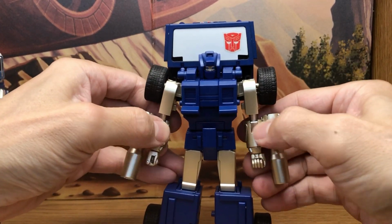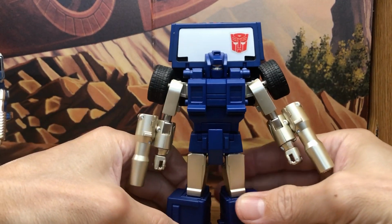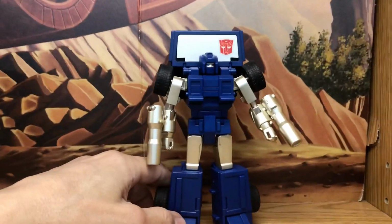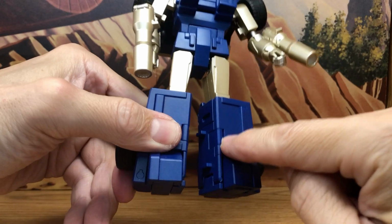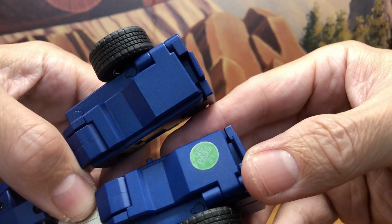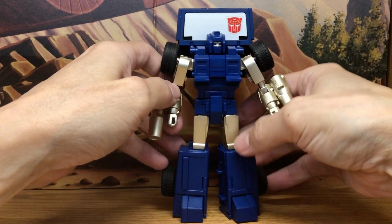And now we have Pipes in his robot mode. If I can rotate his hand here. So pretty easy transformation. It's just the issues are with the tolerance. There are just some areas are really tight, like I was telling you right here, at least on mine. Some areas are really loose, which is on mine, but it may be also this batch of QC number 21. But yeah, other than that, transformation is pretty easy